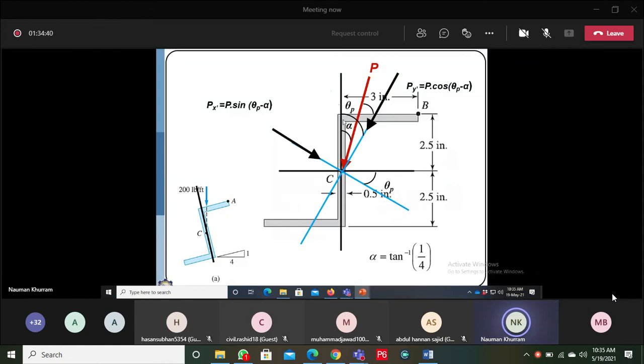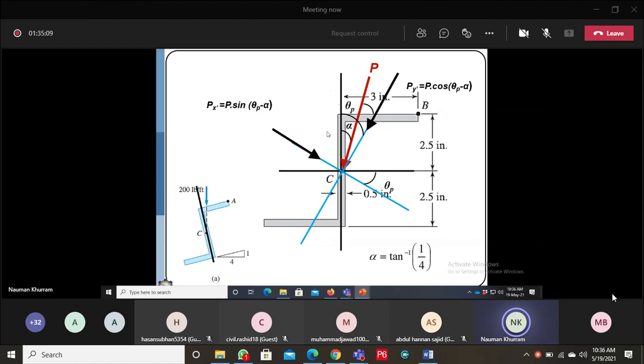Okay, for this angle section, the product moment of inertia will be positive. If the product moment of inertia is positive, then theta p will be negative. So when you determine the orientation of the principal axis, that will be negative. Negative means that the x principal axis will be deviated in the clockwise direction from the central x-axis. So this will be x bar and this will be y bar.